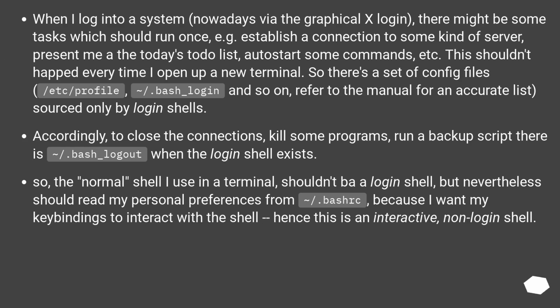When I log into a system, nowadays via the graphical X login, there might be some tasks which should run once. For example, establish a connection to some kind of server, present me today's todo list, autostart some commands, etc. This shouldn't happen every time I open up a new terminal. So there's a set of config files,